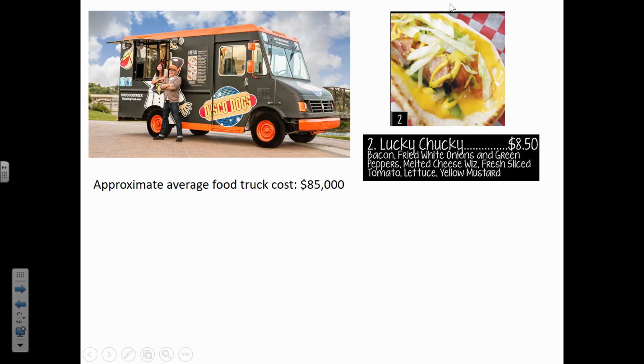And this is an actual food truck that sells hot dogs, and it's not one around here. I don't think people would pay $8.50 for a single hot dog. This must have been someplace fancy, like Charlotte, North Carolina, or Portland or something. But